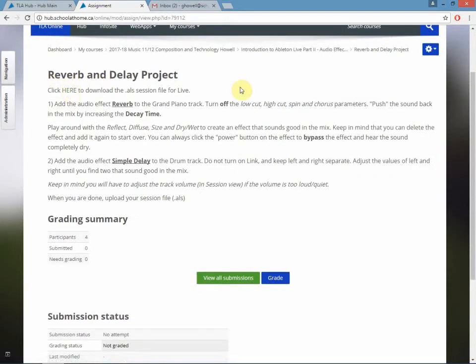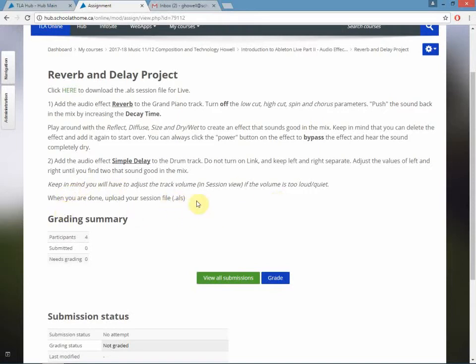You'll open Ableton Live, probably first on your computer, once you actually have the program. You'll see you don't need the program for the first two sections of the course. You don't need it until this part right here. There are instructions on what to do for the project once you've downloaded it and opened it. Follow the directions,